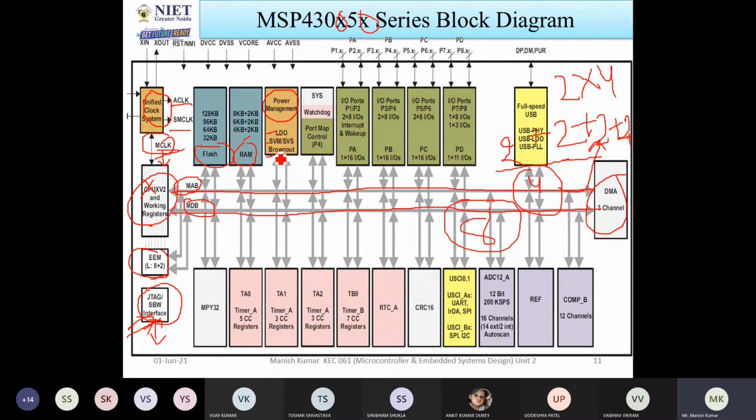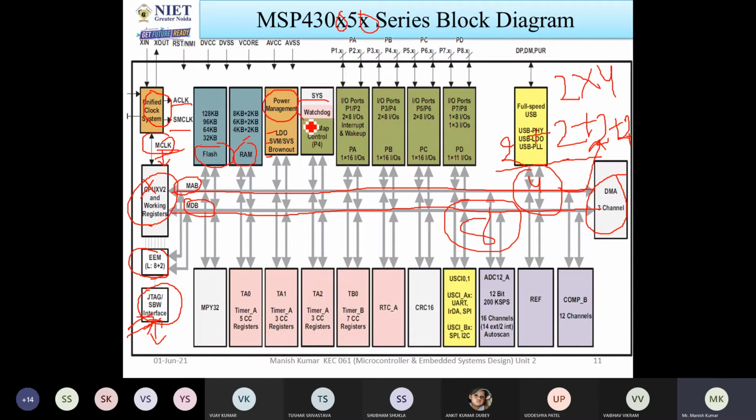That is also called a brownout protection circuit. And SVS is called supply voltage supervision and monitor. So combining these 3 elements, the power management module is developed. I will discuss all the things in detail at a later stage.